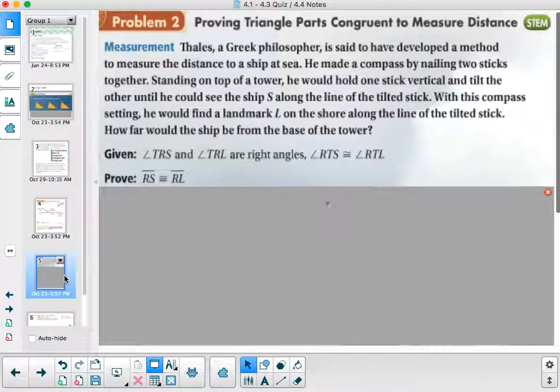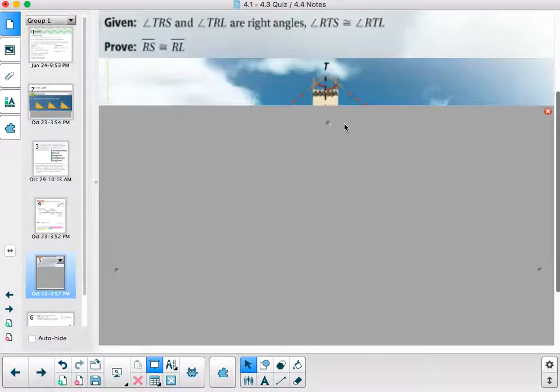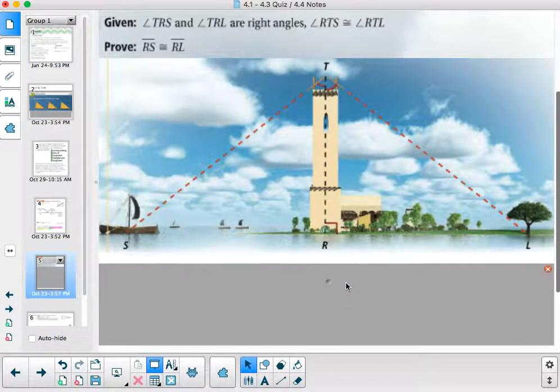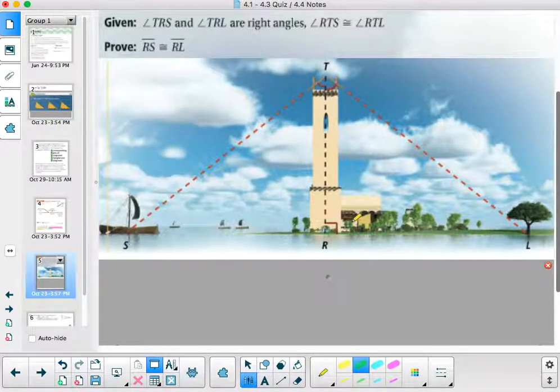All right, here comes my last question for today. It is a quote-unquote real-world problem here, and so we have a picture, and I have been given that these two triangles that are created, we have triangle SRT and triangle LRT. Inside those two triangles, we have right angles, okay? So if I just take my little highlighter here, we have a right angle here, we're gonna have a right